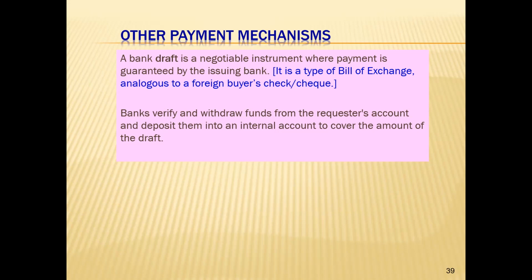So they would then, as an internal entry, credit the funds to the account with Bank of America. And when the draft is settled, whatever bank that goes to, when they settle, that settles with Bank of America. And Bank of America will debit